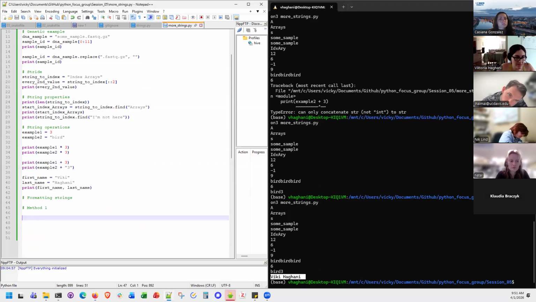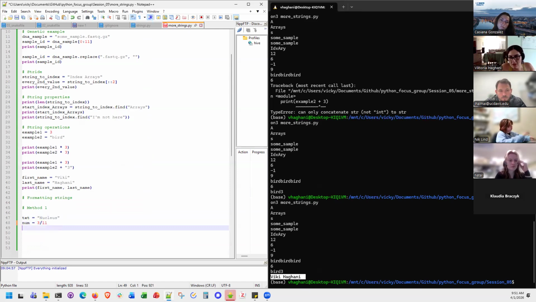So let's say we have text equals nucleus and number equals 3 divided by 11. We can do this really weird thing where we say print and then percent %s. And I just want to highlight, I don't ever really use this, maybe rarely. So you don't need to understand every aspect of this. I just want to show there's better ways to do this, but that this exists and there's a reason better ways exist. But we can say print %s, this indicates the first element of the string, and then %.3f,